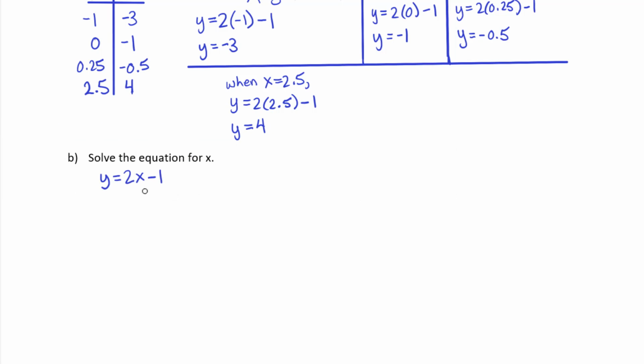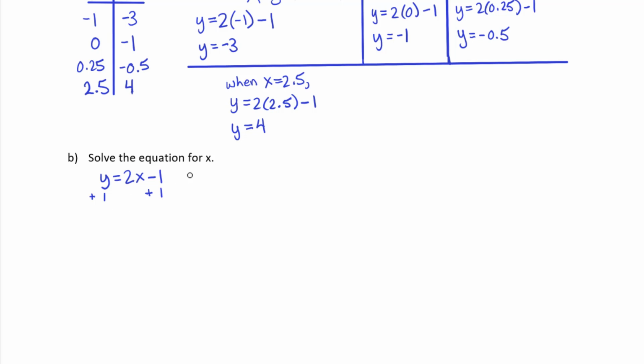So let's start that process by getting the 1 to the other side of this equation. To get the 1 to the other side of this equation, we need to add 1 to both sides. So the deal is with equations like this, you can do whatever you want to them in terms of dividing, adding, subtracting, multiplying, as long as what you do is done the same to both sides. Doing the operations the same to both sides keeps the equation equal.